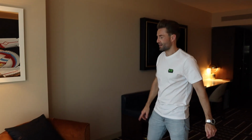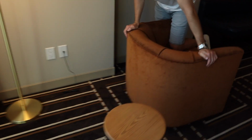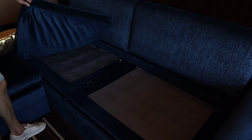And now, my favorite part. Let's check the dusty places. Let's start from this guy. Here is clean, okay. And here is clean. And now let's check the Murphy bed. Oh no. Murphy bed, look at this. Why are you so dirty? Some food crumbs and some...